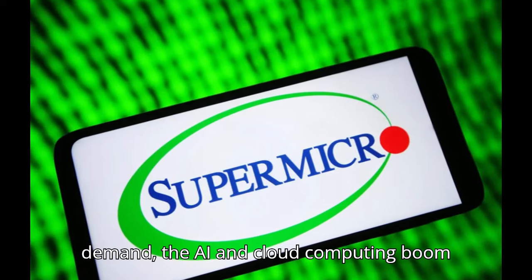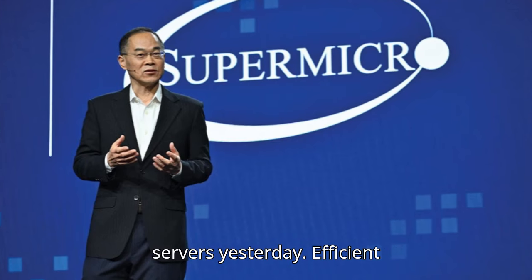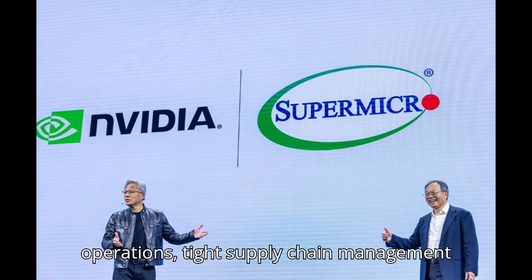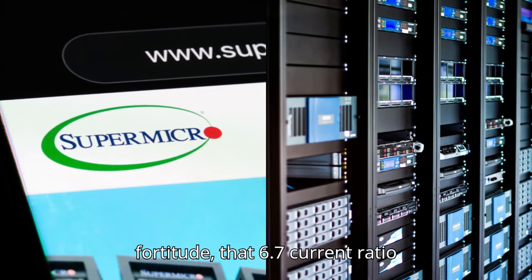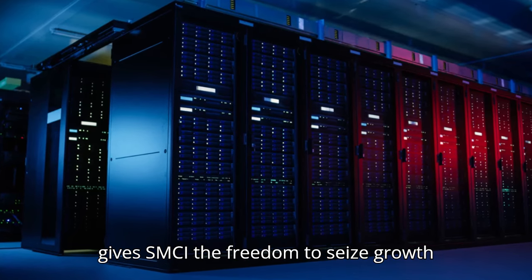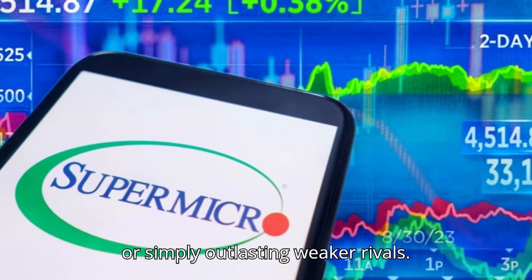Strong demand: the AI and cloud computing boom means every data center needs more servers yesterday. Efficient operations: tight supply chain management and in-house manufacturing tweaks keep costs in check. Balance sheet fortitude: that 6.7 current ratio gives SMCI the freedom to seize growth opportunities, R&D, acquisitions, or simply outlasting